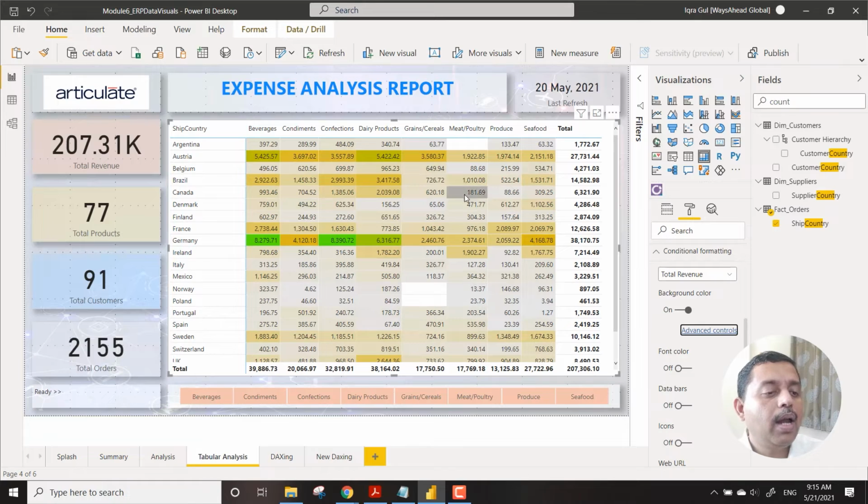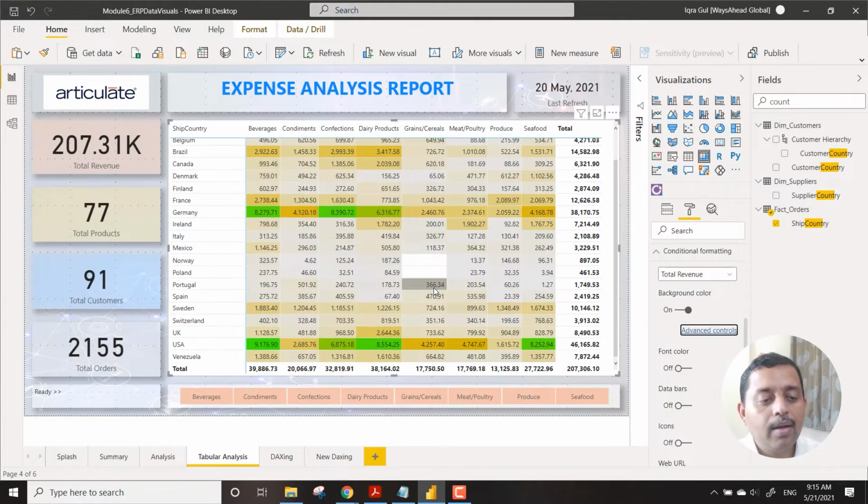And Argentina is not consuming much meat and poultry from us. So easy to understand the data just by using conditional formatting, right? This is one exercise we wanted to do.